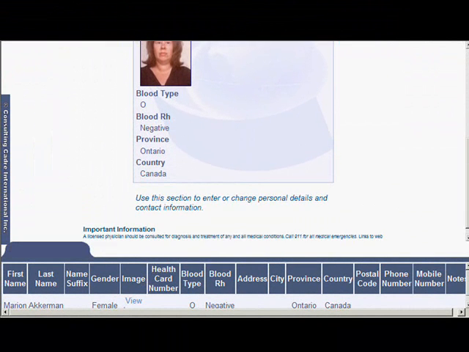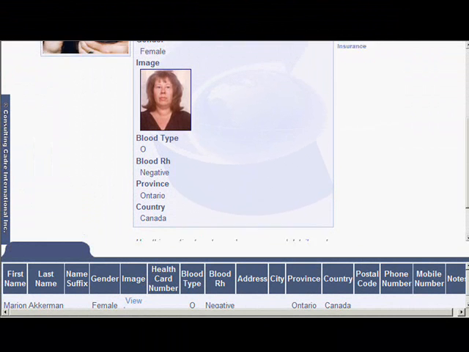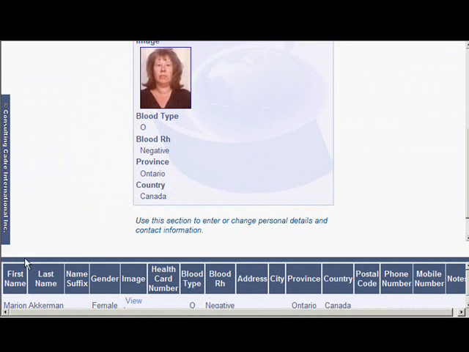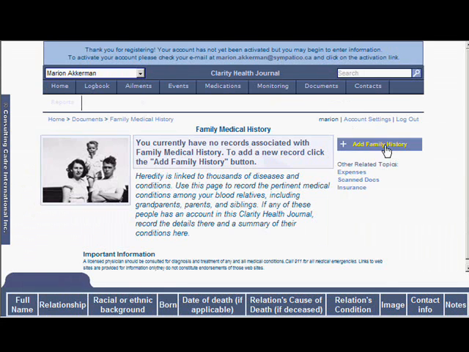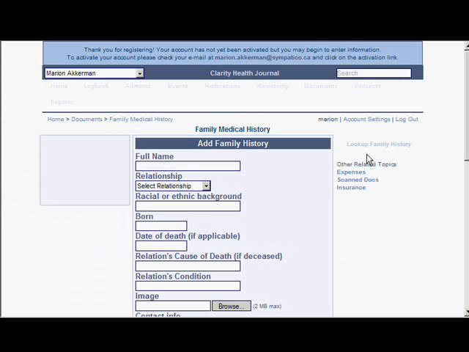At the bottom of the screen, you will see an overview of the information that was input, which I've just highlighted here. And to edit, you just click on the blue box at the top. Now, there are also other